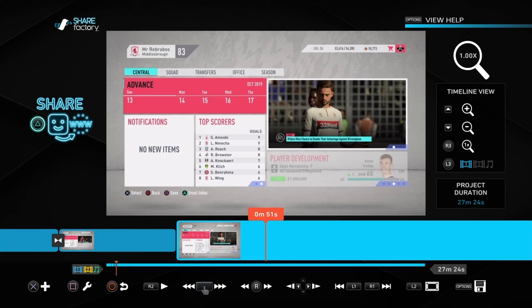Or you can press share later, which will mean it's saved to your capture gallery, and then you can go into your capture gallery, click options on that video, and copy it to a USB stick, and then upload it through your computer. Through personal experience, I prefer sharing later, copying it to a USB stick, and then uploading it on my computer, as it's just a little bit faster, and sometimes it's a little bit more reliable. I've had a lot of issues on the PlayStation where the PlayStation seems to run into errors with some of the videos when I'm uploading them,